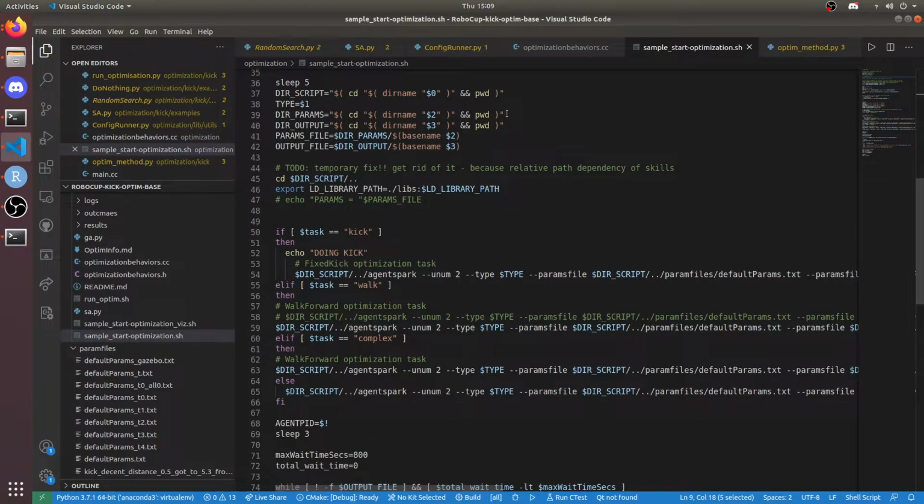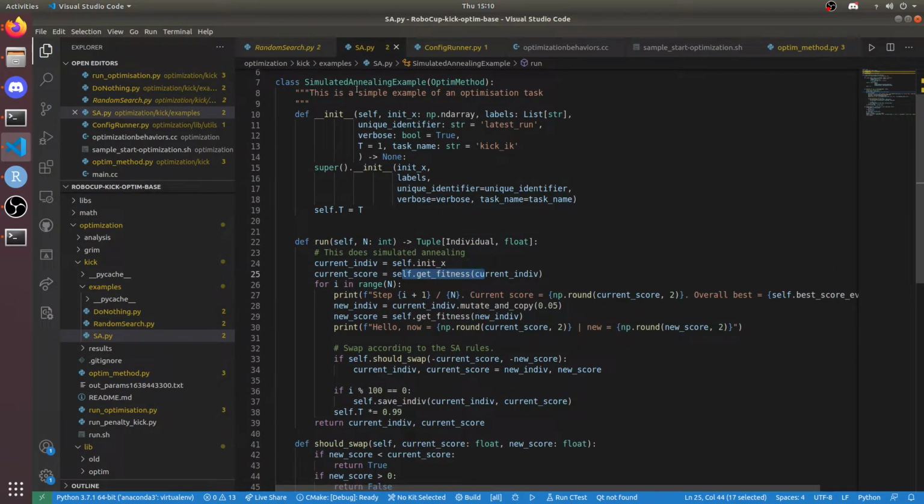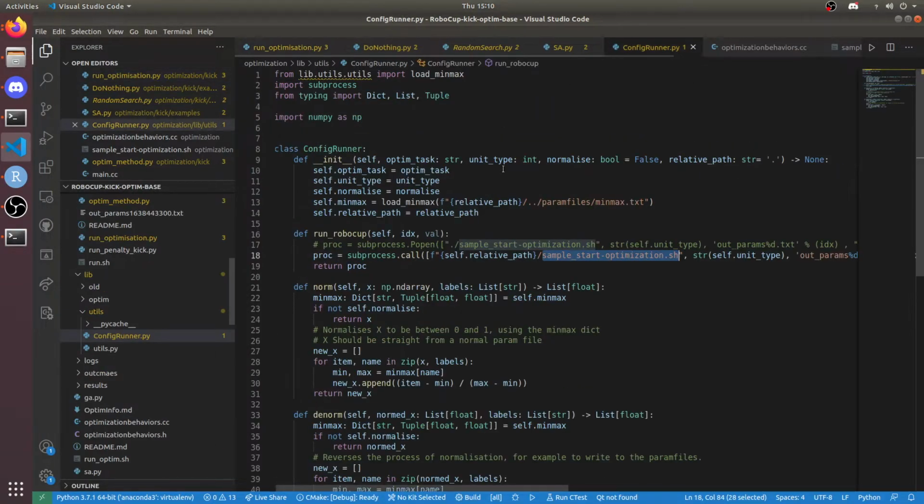Okay, so in our task here, if I go to the very beginning of my talk inside run optimization, we define a task name as kick score. So we're trying to optimize a set of parameter values performing the task kick score. And this task label name gets funneled all the way down through our config runner,